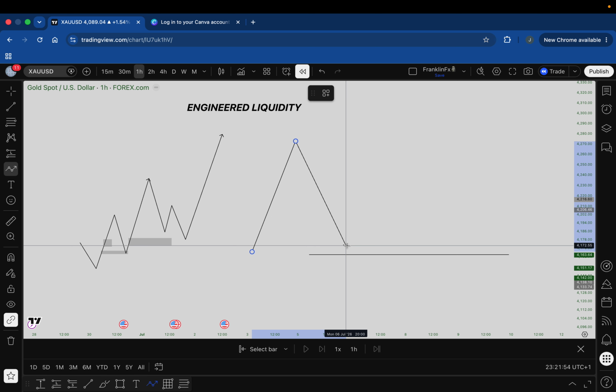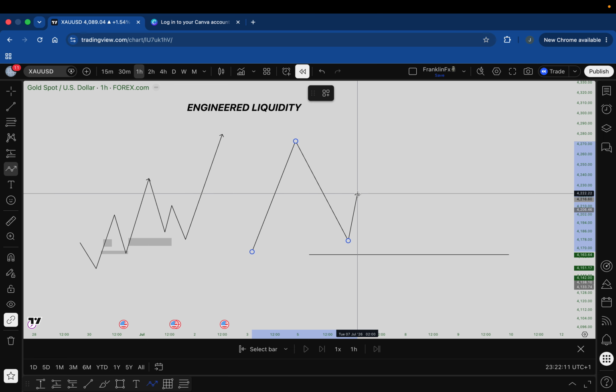Price comes very close to my POI and begins to go up. By this time, a lot of impatient traders jump on the trend. Oh, the trend has changed. The pullback is over. We're about to go up. Let's jump in. They jump in and they begin to move. Why? I stand on business. My POI is here. And then all of a sudden, price comes back down again, clears every one of them, touches my POI. And then what?